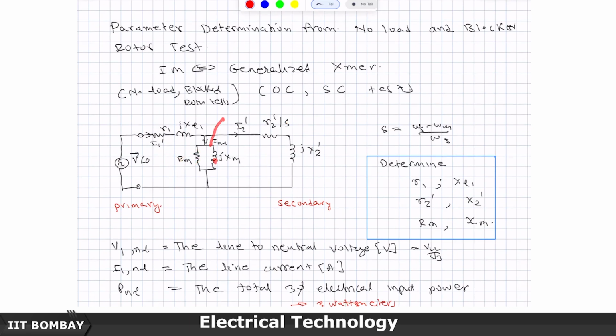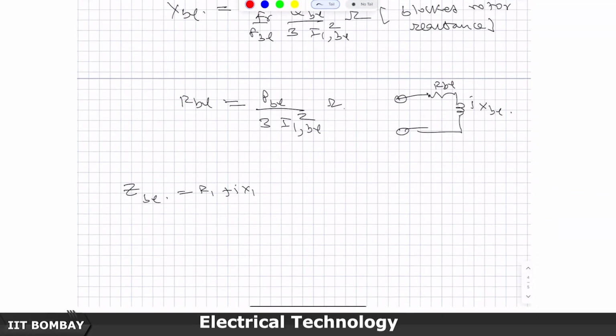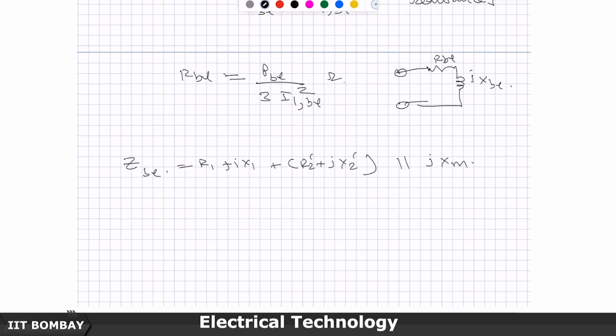So, this in parallel with R2 dash plus jX2 dash, this whole thing together presents in series with R1 and jX1, and then that gives me the net impedance. So, therefore, it is R1 plus jX1 plus R2 dash plus jX2 dash in parallel with jXm,